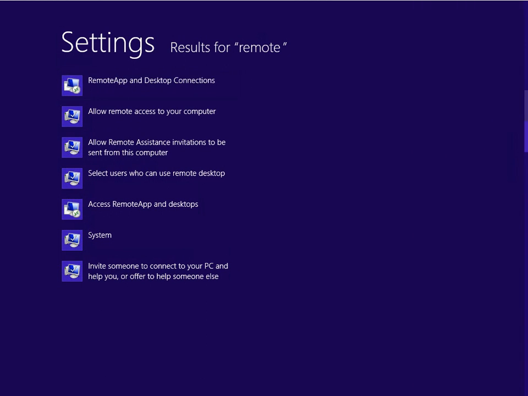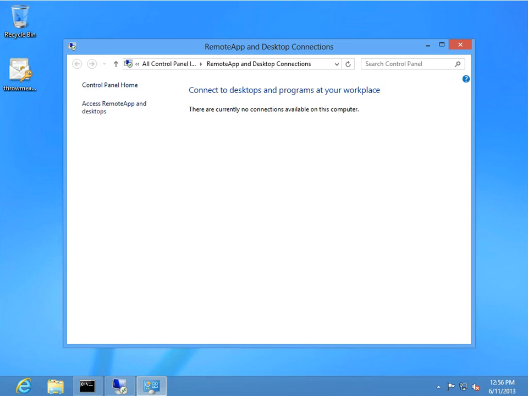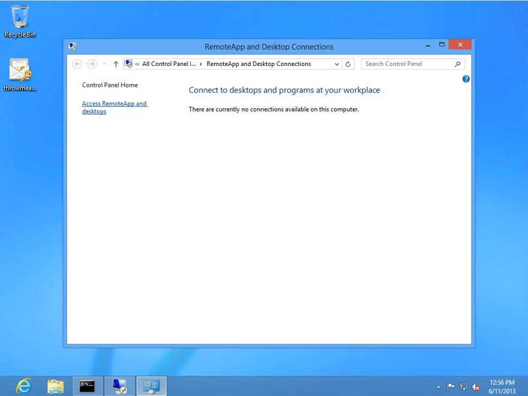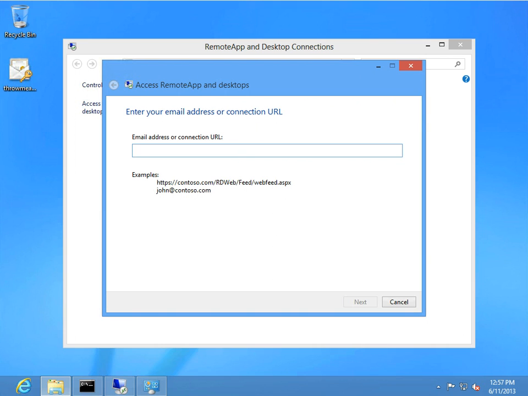So remote app and desktop connections is this neat little wizard. I can access remote app and desktops. Now, nothing up my sleeve. You saw what's on my start menu. There's really not much of anything here. That's about to change. So what I'm going to do is I'm going to say https://access.9z.com/. Now, I'm not going to remember this, but what I do is I always look down here. This always helps me. All right, so RD web feed